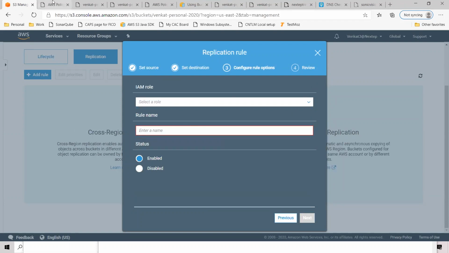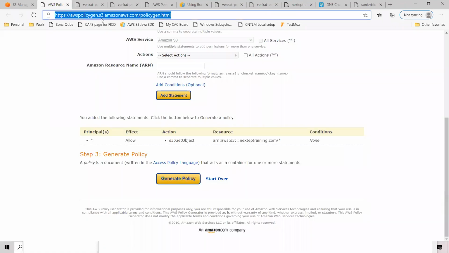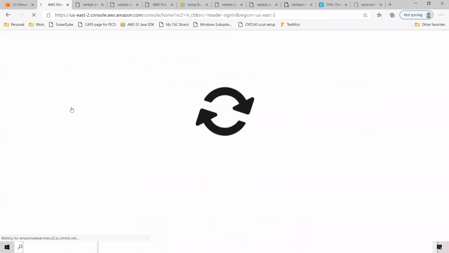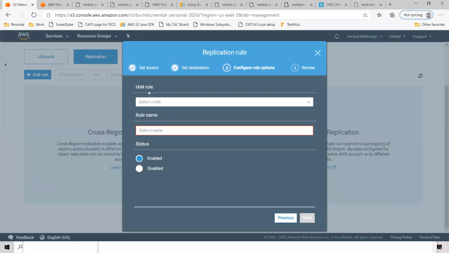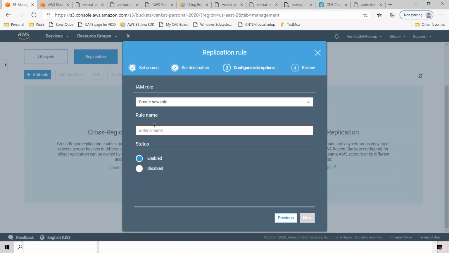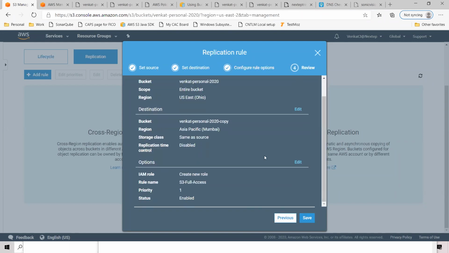In the AWS Management Console there is an option there itself: create a new role. So I'll say S3 full access. I'm just giving it that. That's it.